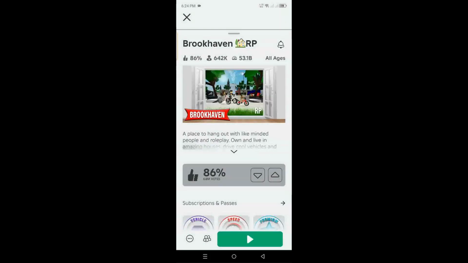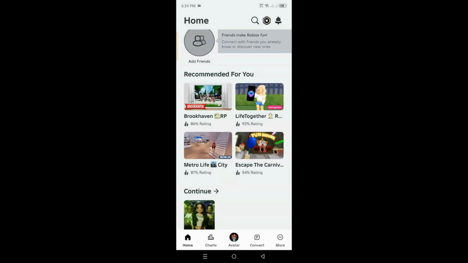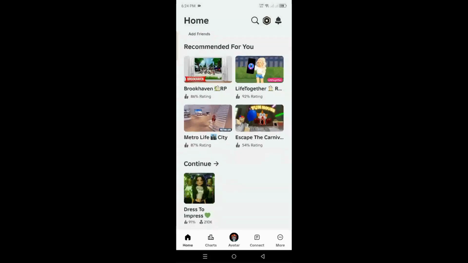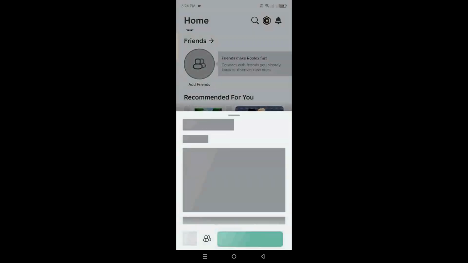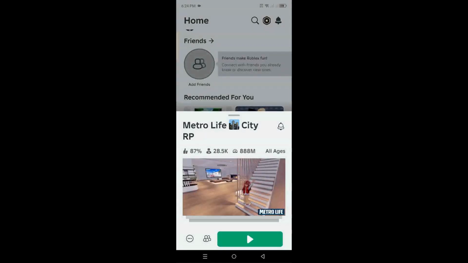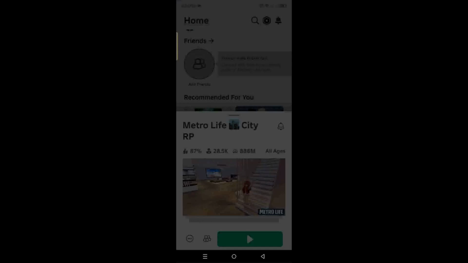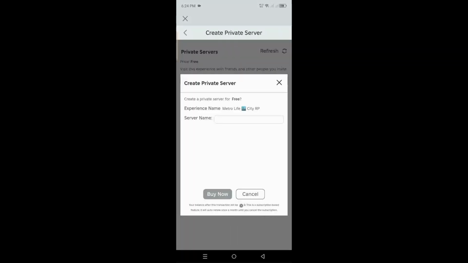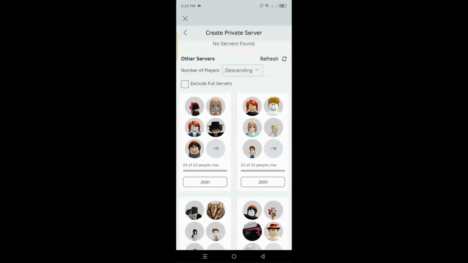But instead of this, you can also join a private server if you don't have a link. So simply select the game that you want to play and then you have to go on this friends icon, and in this pop-up you will see create private server. Here you can create your private server